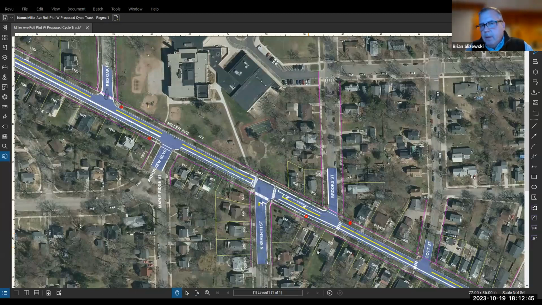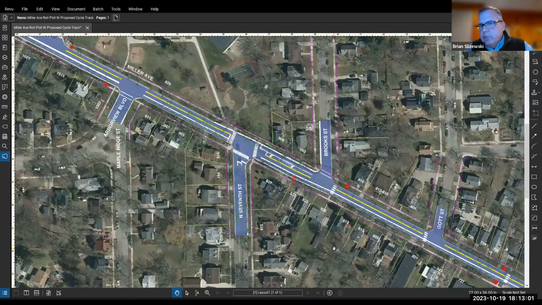So the challenge that the team is going to have is to look at how we can manage to maintain the 3 lanes of traffic, the 2 westbound lanes, the 1 incoming eastbound lane, and also install the cycle track, the bike facility there, which takes up approximately the width of another lane of traffic. In order to accomplish that in a fairly limited right-of-way, Miller Avenue is not a wide boulevard type road. It's a fairly narrow road.